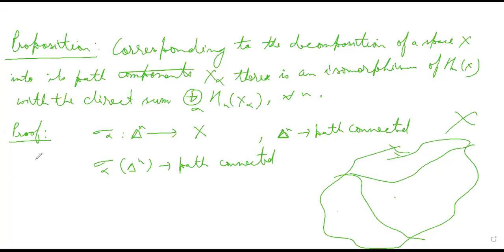It means that this CnX you can break into components. Since sigma alpha n is path connected for each sigma alpha, this CnX